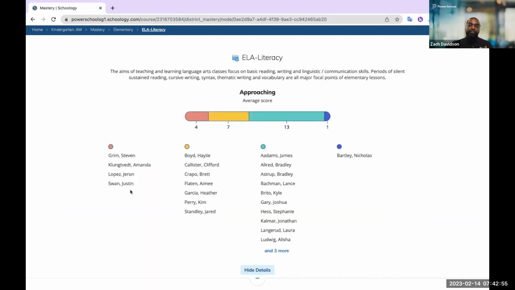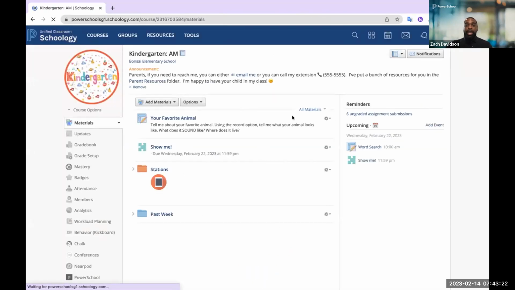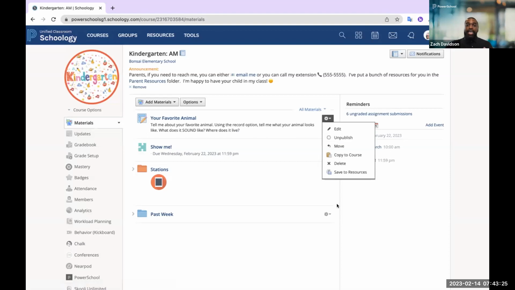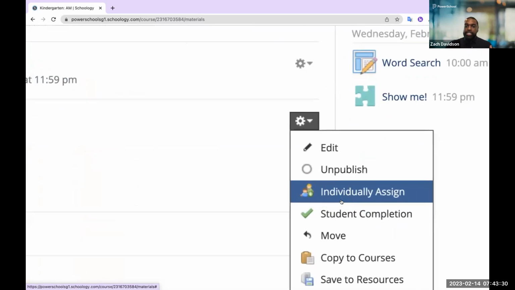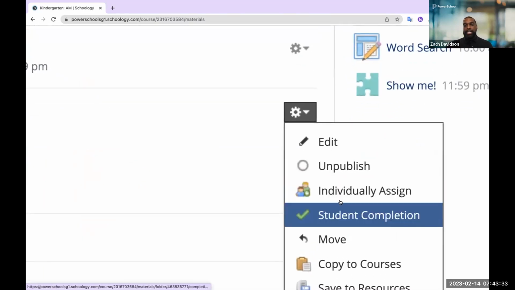So it gives teachers the opportunity to see not only that Zach or Lucas is just scoring a 75 on the test, which really doesn't tell you much about where I'm struggling versus Lucas. But now that I can address the measurement of the standards, I can see exactly where each student has strengths and weaknesses across the standards being addressed in the classroom. It allows me as a teacher not only to view that data point, but respond to it, where I can take an individual assignment or a full folder of content and individually assign that to those groups of students within the classroom.